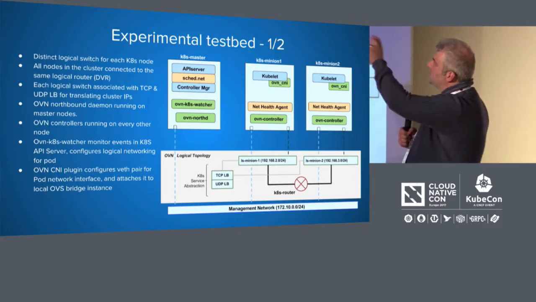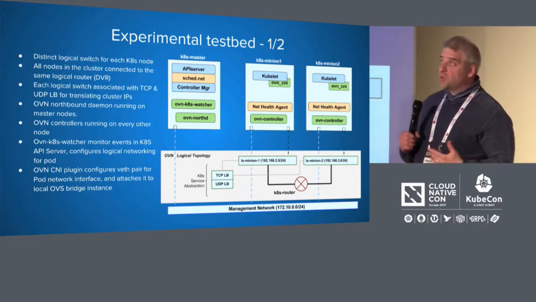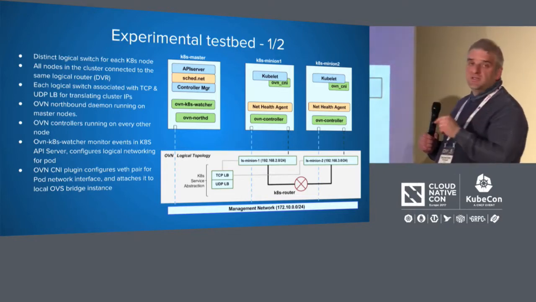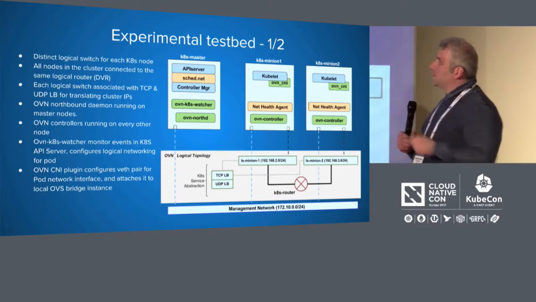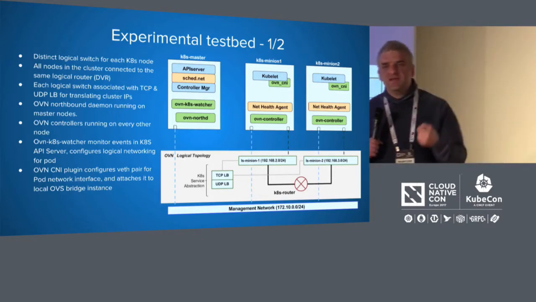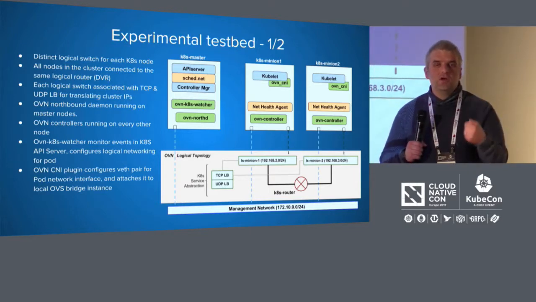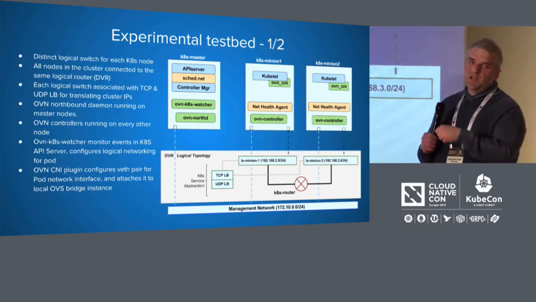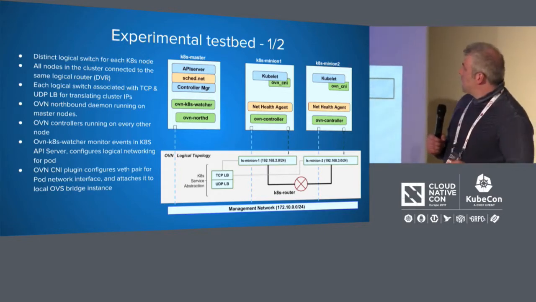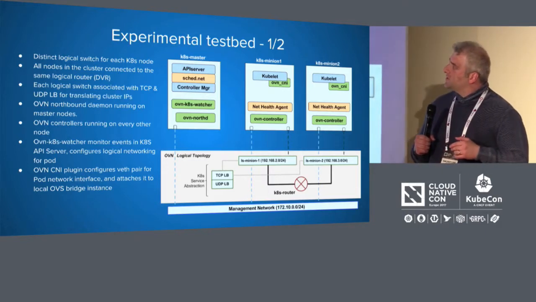As you can see, on the Kubernetes side, we have the usual components: the API server, the controller manager. As we said, we don't have the kube proxy on every node. And the kubelet is running the OVN CNI plugin, which, unlike other CNI plugins, is a very simple component that just configures the local network interfaces and plugs it into the OVS bridge instance. So I guess that is all in terms of the description of the components that we are running in our